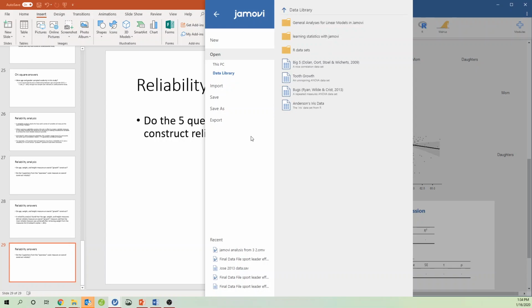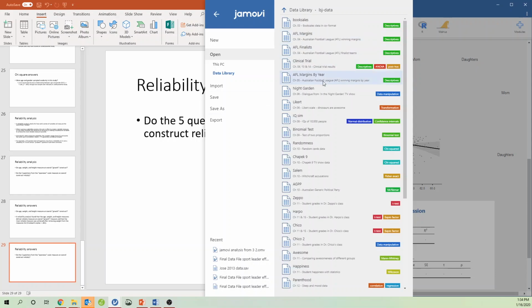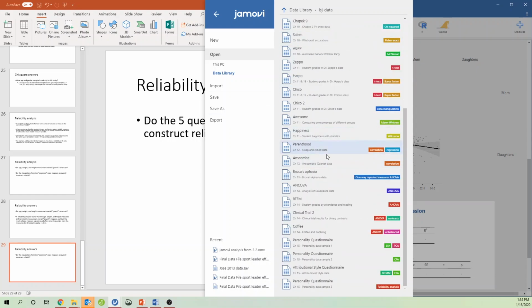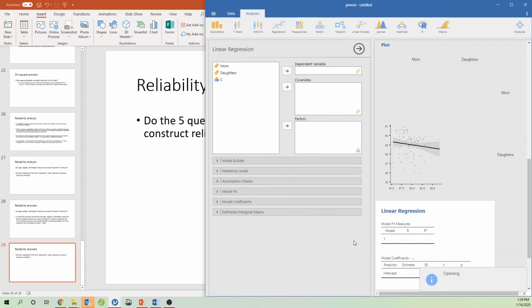Okie doke. So I think we need to go to Learning Statistics with Jamovi. Yep. And scroll all the way down. We're going to work with this personality questionnaire down here. In this personality questionnaire, which usually takes a little bit to open up, we've got data from the Big 5 personality questionnaire. That's got 5 variables to represent agreeableness, openness, extroversion,